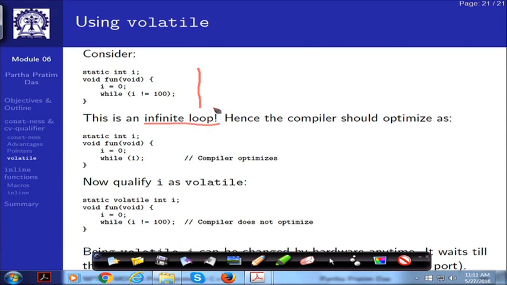Because if the value of i is 0, and then I am checking if i is 100 and I continue as long as i is not 100, certainly the value of i will never become 100. So, this condition will always remain true. So, this loop will continue indefinitely. So, what will the compiler do? The compiler will optimize and say that this is true, this is while 1, and simply that whole expression will go